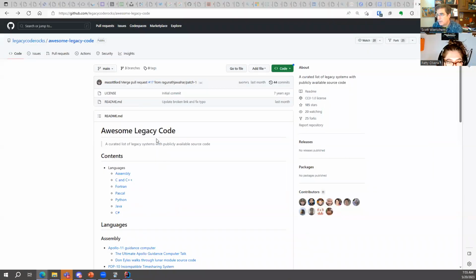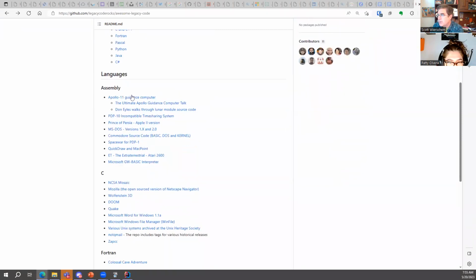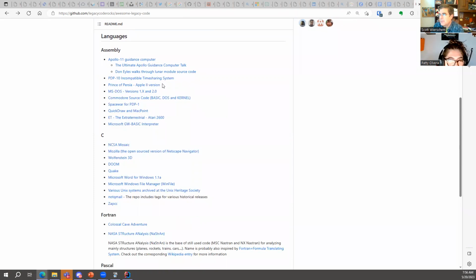So basically, various languages. You can look at the Apollo 11 guidance computer. Wow. There's a couple of videos that walk you through how that works. The Prince of Persia from Apple II. Look at the first versions of MS-DOS, Microsoft GW-BASIC.